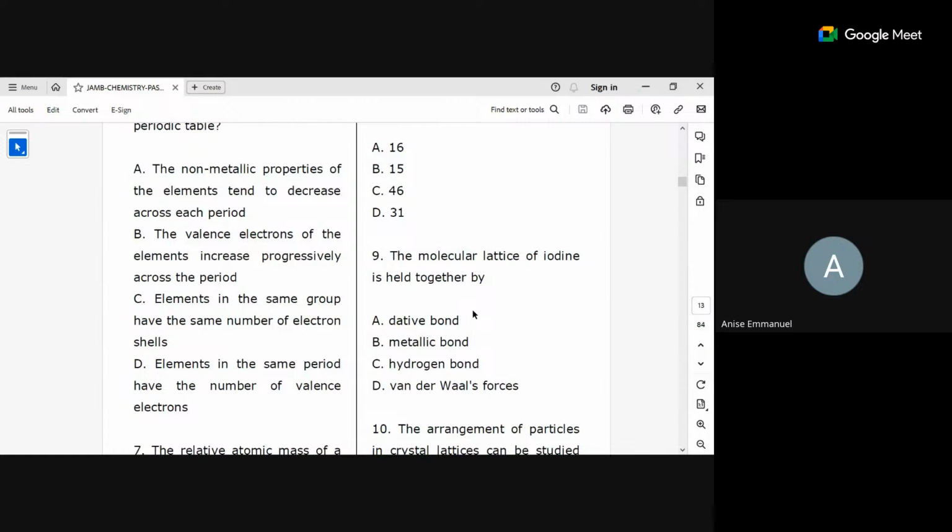Number one thing is when we're talking about ionic bonding. Ionic bonding is talking about transfer of electron from metals to non-metal. Now, when talking about covalent, we're talking about sharing between non-metals. But when we're talking about coordinate, which is also dative, it also has to do with sharing. There was a question like that, asking to distinguish between covalent and coordinate covalent. So it's sharing.